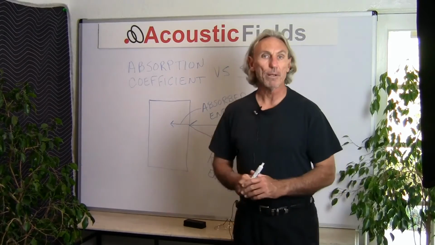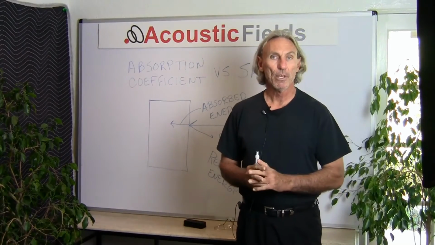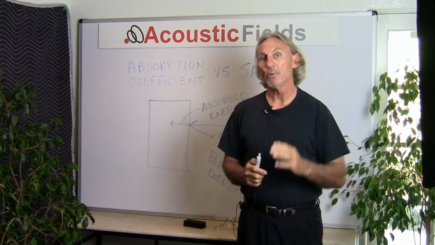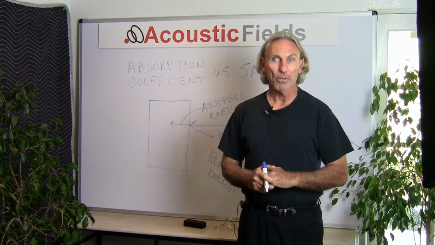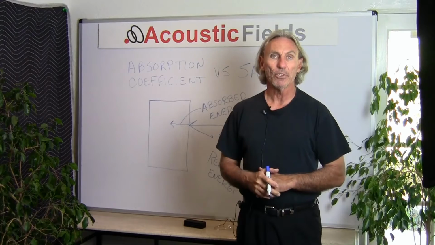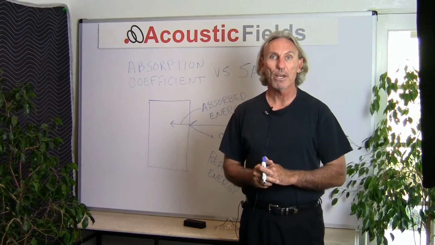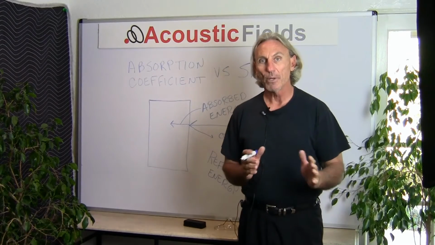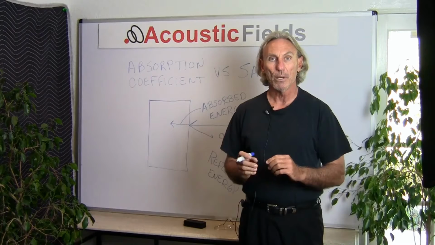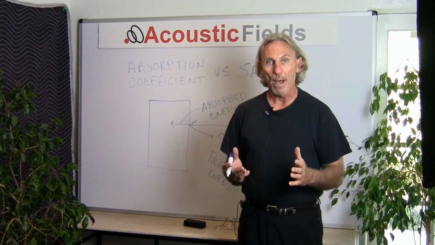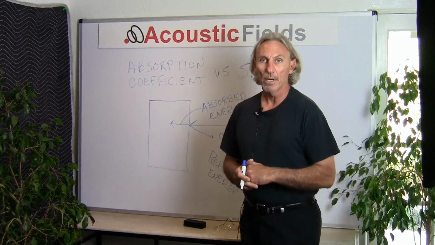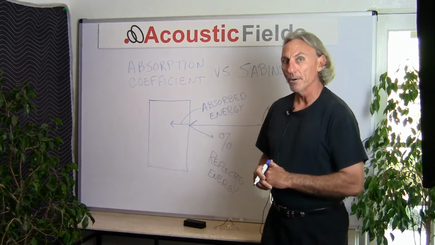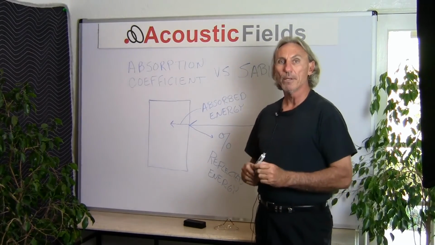Today we're going to talk about absorption coefficient and Sabins. These are two forms of measurement that we use for sound absorbing products. They're guidelines that we use when we're considering the total amount of absorption inside of a room. They're also guidelines that we use to measure the absorption power, if you will, of a particular technology in a product. But you see these two measurements in the literature quite often, so let's explain them and give some examples